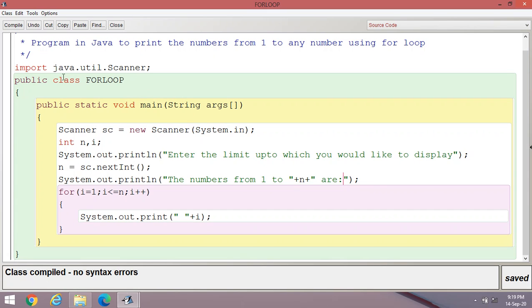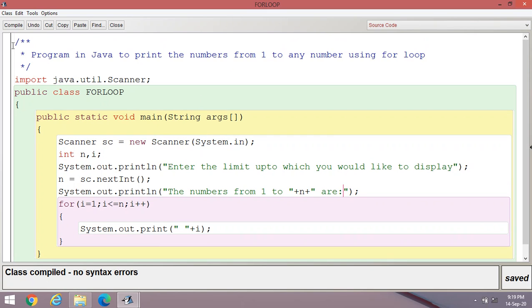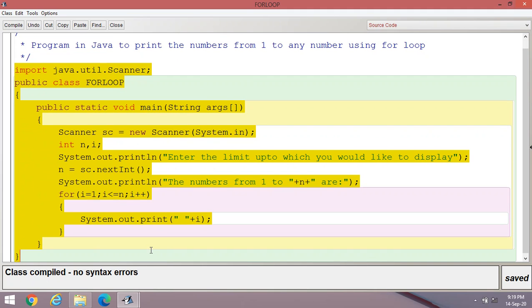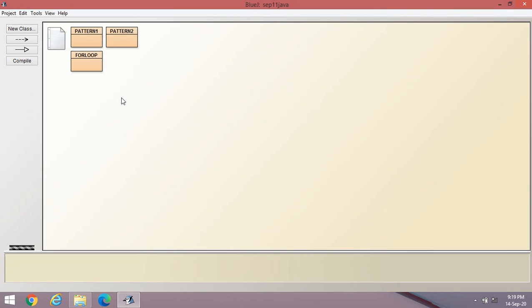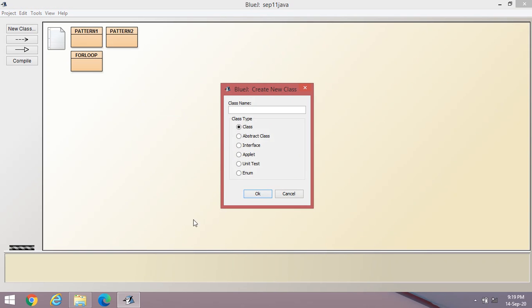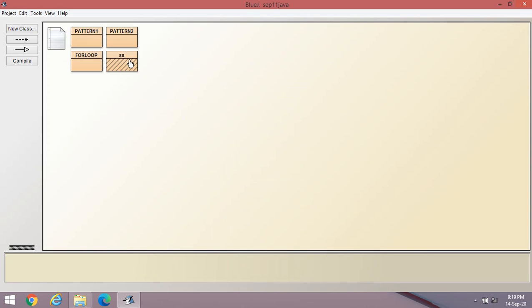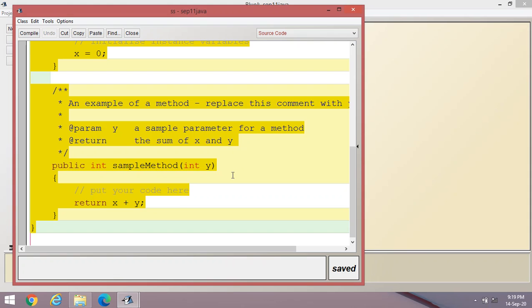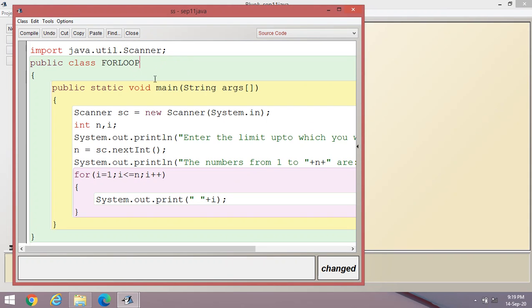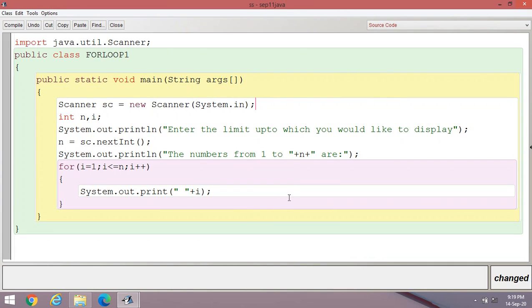Suppose I copy this program and paste it inside a new class, Control A, Control V, for loop. Suppose I have to display only the even numbers from 1 to any point. Then what to do?